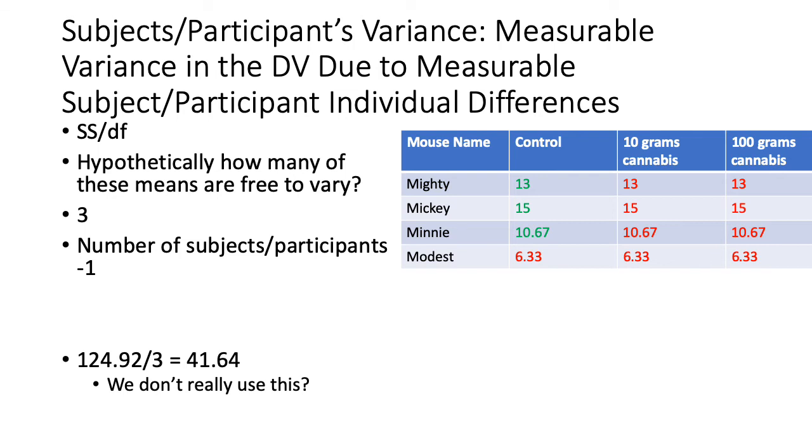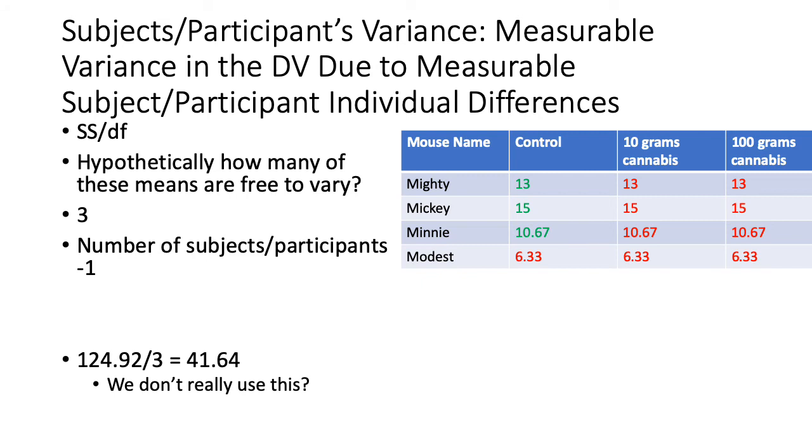Minnie, let's say that was 19. All Minnie scores would have to be 19. Let's say Modest's was actually 2. All Modest scores would actually have to be 2 if that were the case, except Modest's scores aren't free to vary, right? Of those 4 scores, the first 3 were free to be anything. But the last one was fixed so that the mean of all these numbers was the same as it was before, the grand mean. So here we have an interesting case that was similar to our between groups variation that we saw before,